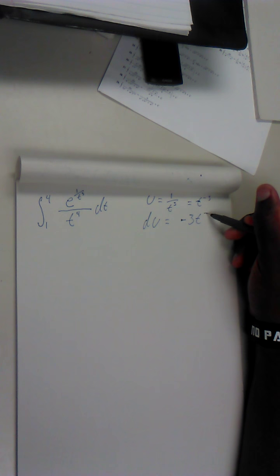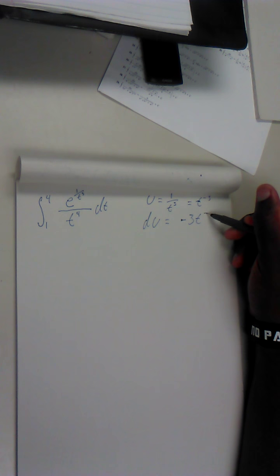So in this case, let's go ahead and isolate this -3 from this t to the -4. So here you're looking at -3 du is equal to t to the -4th dt,